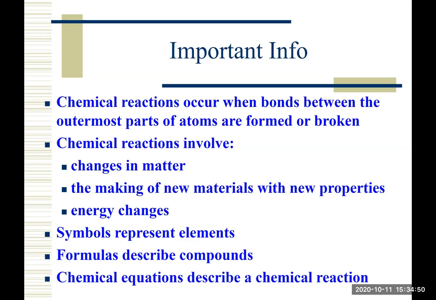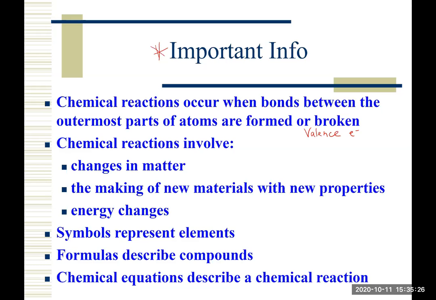There's some important information that we have to discuss before we can move forward in terms of looking at reaction equations. Number 1, chemical reactions occur when bonds between the outermost part of the atoms are formed or broken. So what are we talking about with that statement? What we mean is we're talking about the valence electrons, and the valence shell. So that is the outermost part of the atom, and we're forming and breaking bonds that are associated with valence